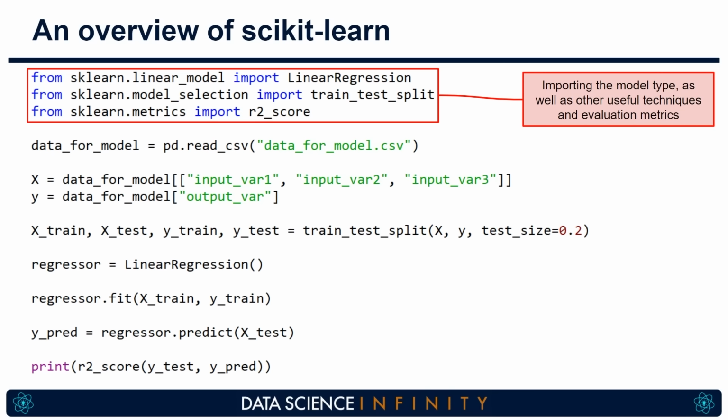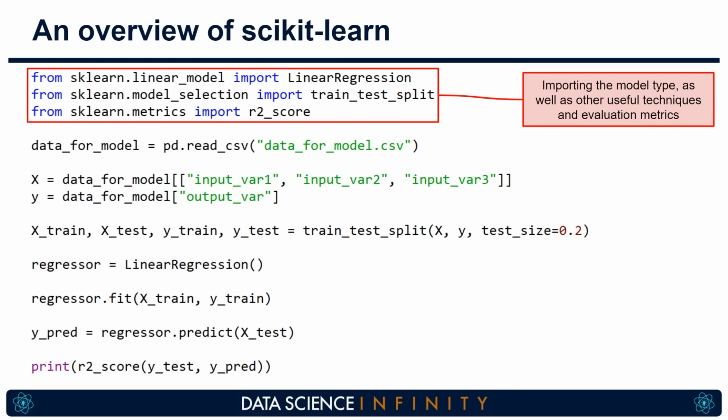Under that, on the second line, you can see that we are also importing some functionality to split out our training and test sets. It is best practice to train your model on one set of data and then validate or test its accuracy on another dataset, one that the model never got to see. These models are very sneaky and they can try to learn the absolute specifics of a dataset, and while this seems good at first, it can mean that it learns the rules so well that it actually struggles when given new data, as there might be some things that it hasn't seen there. Assessing the accuracy on an unseen set of data means that we're taking this into account.